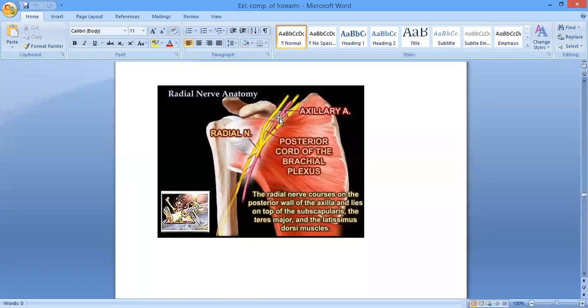Let's start the radial nerve from the start, so that you get a bit of recall and a bit of revision too, okay? So the radial nerve runs behind the third part of the axillary artery. What is its relation? It's coming from the posterior cord. Where does the posterior cord lie? It is lying posterior to the axillary artery, okay? And again, this nerve is also running behind the third part of the axillary artery, and then it is running behind the posterior aspect of the brachial artery, okay?